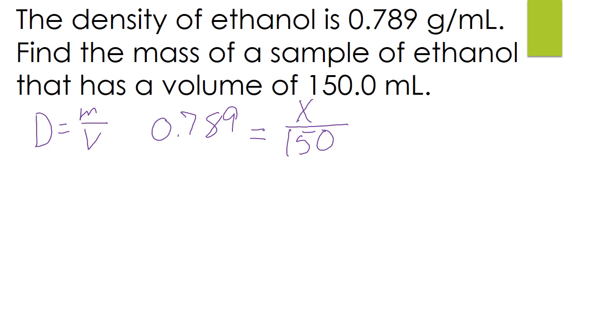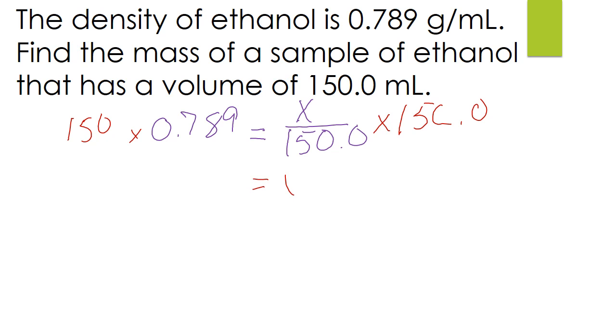So this one I'm going to solve a little differently. I need to get x all by itself, and I'm now dividing by 150. So I can just multiply both sides by 150 to get my answer. Times 150, times 150. You're going to get x equals, these cancel out,